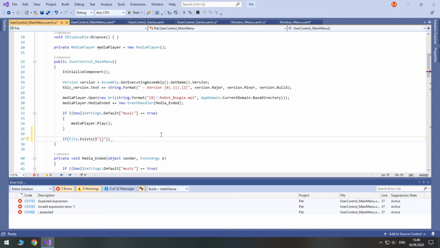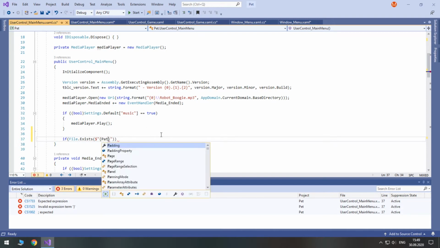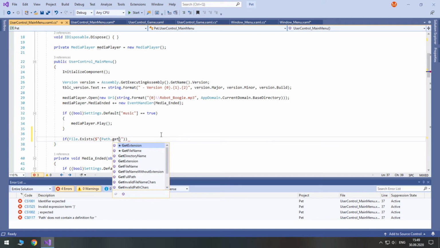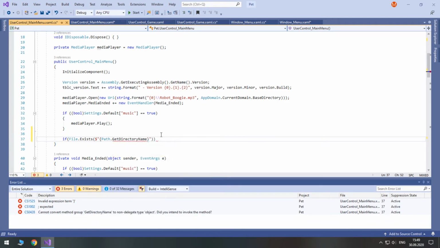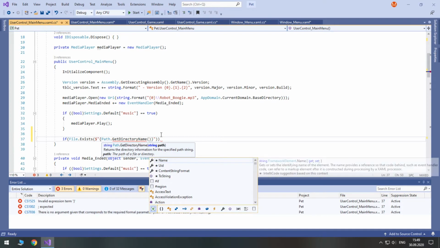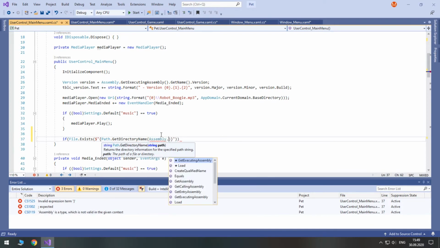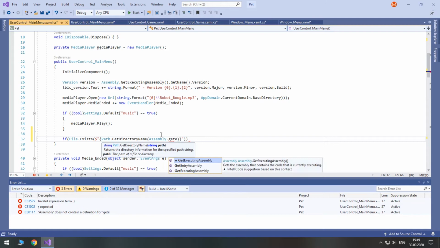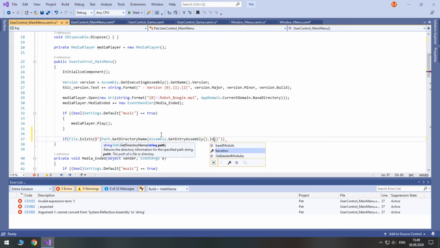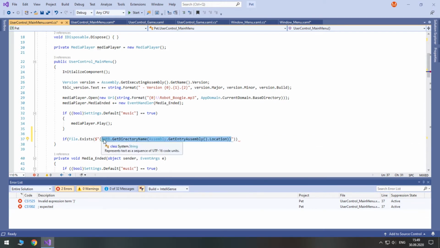Open curly braces and let's access path, then get directory name, open braces, type assembly, get executing assembly, or rather get entry assembly, and we need its location. By doing this, we only get our folder from the place where we launch our game, then put 2 backslashes and type save.sav. So we will have only one save file.